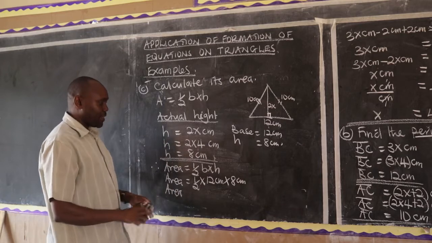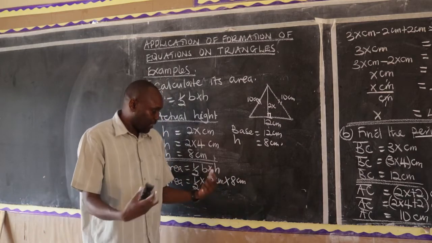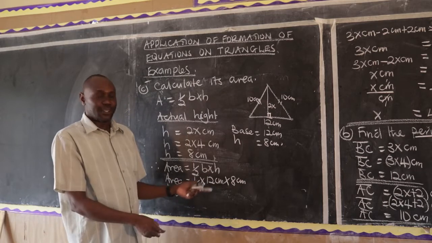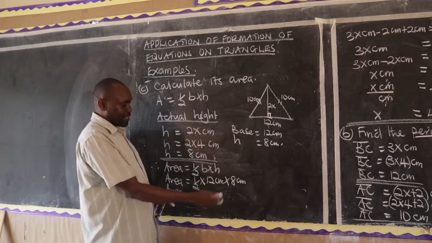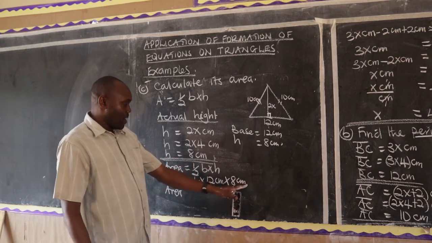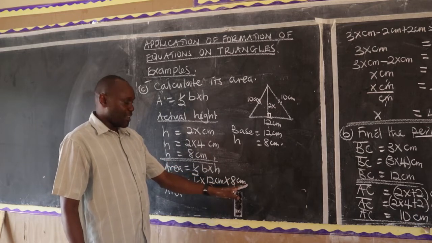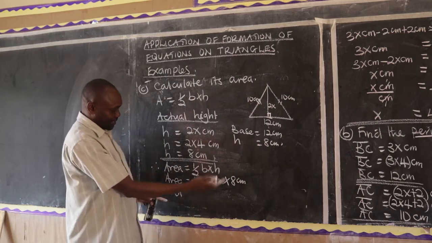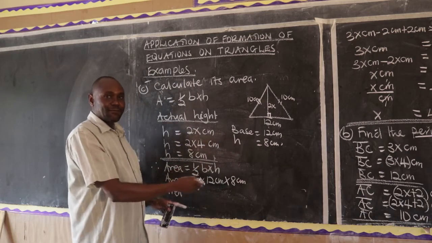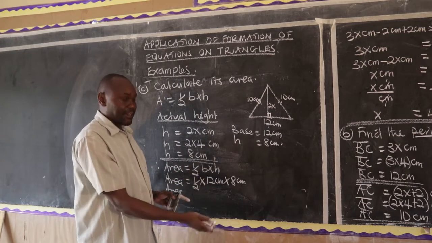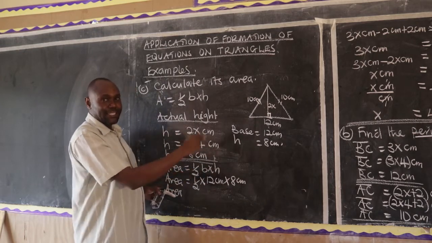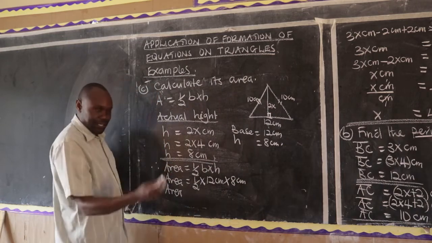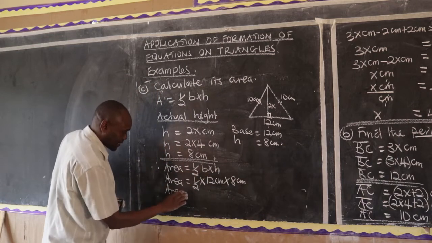Because sometimes candidates, because of examination fever or pressure, you begin cancelling by 2. By 2 here, then you get to 4. Then you say 4 times that. If the examiner is saying method mark 1 for correct substitution, and you are seeing that in that substitution it is correct, but you committed yourself by dividing it wrongly, therefore that wrong answer disqualifies you from getting that 1 mark. So, dear candidates, I always advise you that leave it as it is.